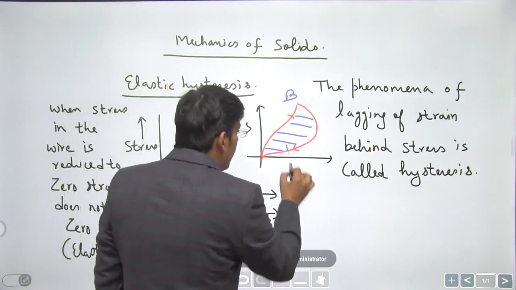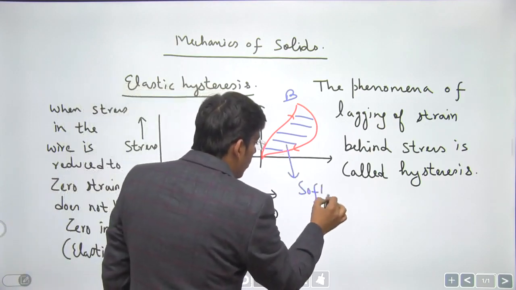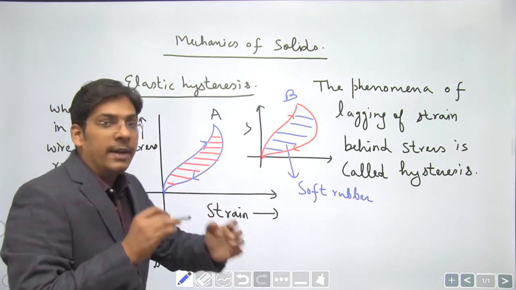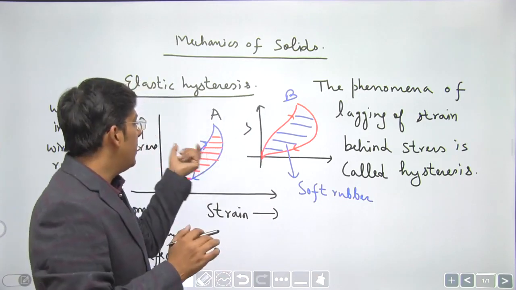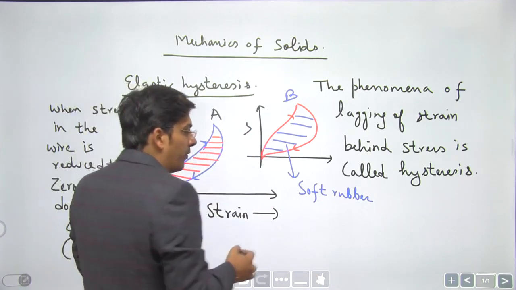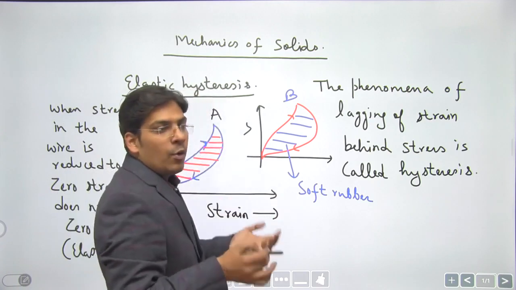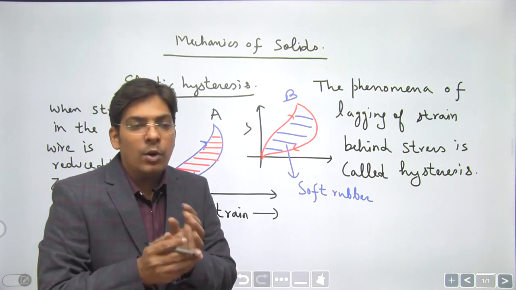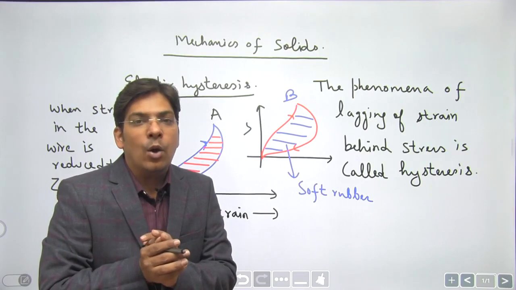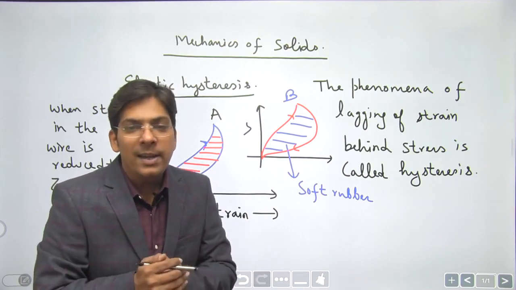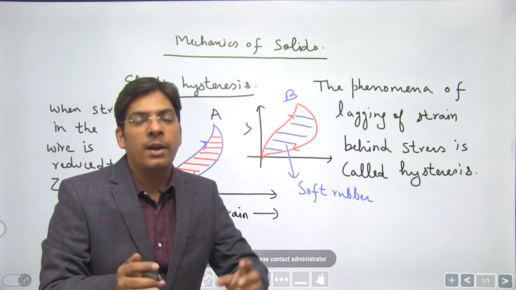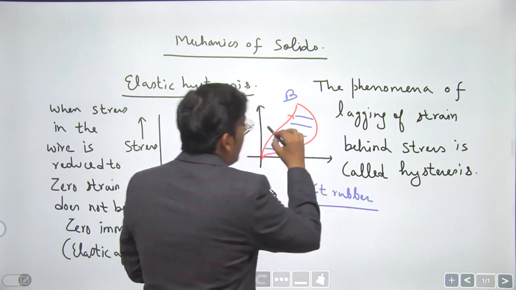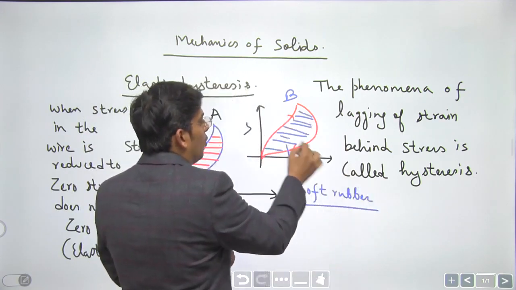So this is most probably going to be a soft rubber, because it is absorbing more energy. The more energy is being lost, the more it gets deformed, whereas otherwise it gets deformed to a smaller extent. So this is going to be a soft rubber which can be used as a platform for installing heavy machinery. If we have a heavy generator and we want to install it on the roof of our house, then obviously if we don't want to feel an earthquake daily, we have to keep that generator on a thick insulating rubber platform, right? And that should be a rubber of type B, having a broad hysteresis loop, right?